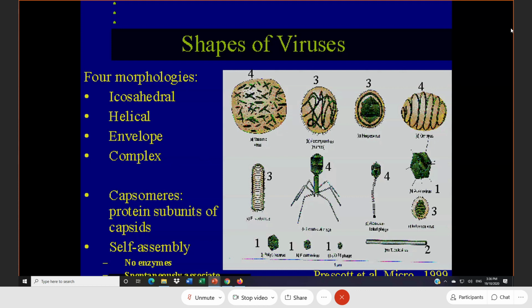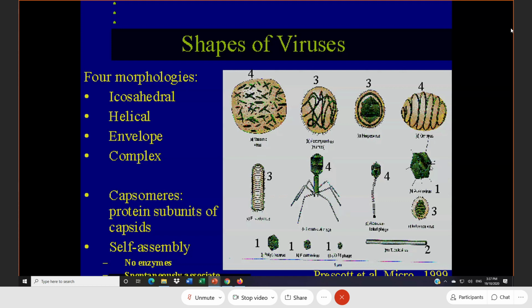This round structure is related to the influenza virus. This is a bacteriophage. Okay, bacteriophage. This one is not clear. This is actually pseudorabies virus, bullet-like shape. Long, slender. You see the round end here. This is a rabies virus, the one that you had an outbreak of in Sarawak. This is a rabies virus. This is a bacteriophage. Okay.